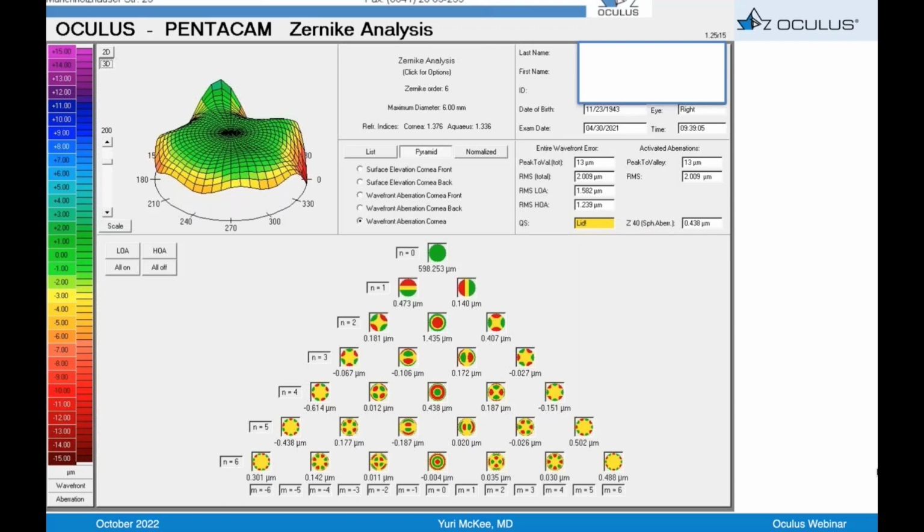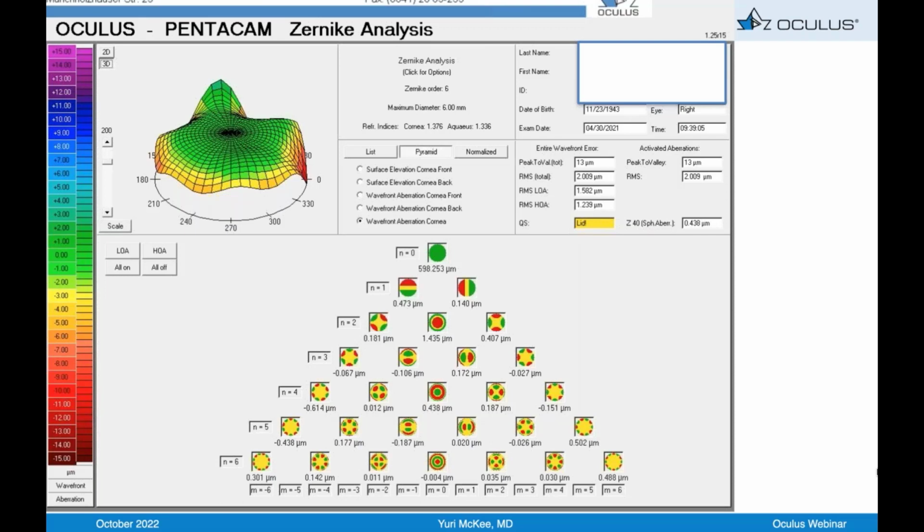Now, coming down and looking at the coma on n equals 3 in the middle there, it's within limits. I could accept both those numbers, and then the n equals 4, it's 0.438. This is one where maybe you'd get away with EDOF versus a true multifocal or a trifocal. EDOF's a little bit more forgiving for spherical aberration and higher order aberrations. So you could convince me, and the patient could convince me maybe that's what they want to do, but I'd